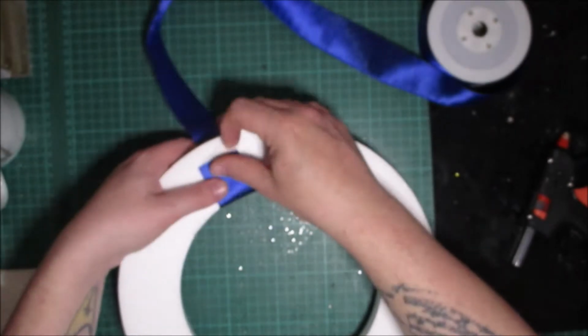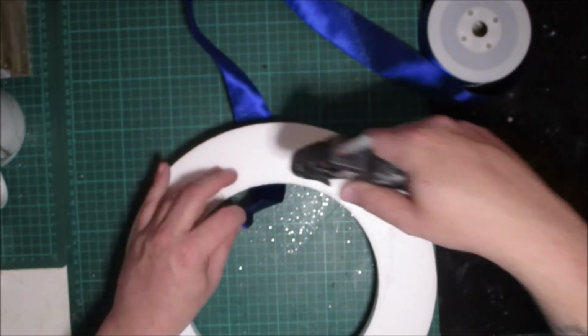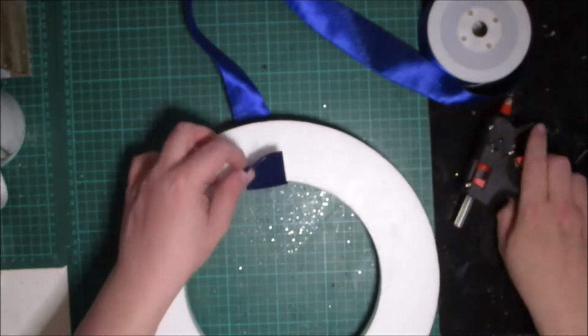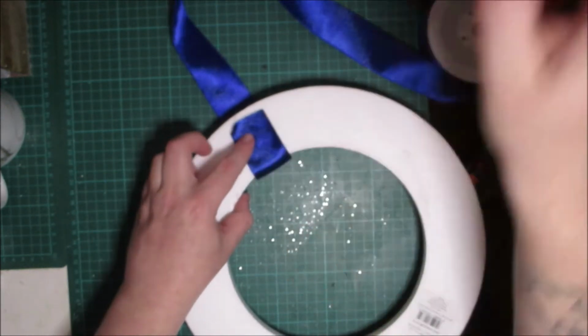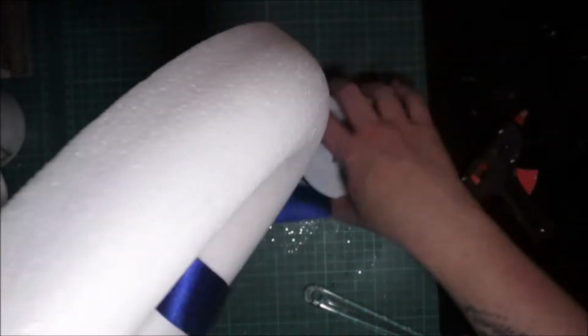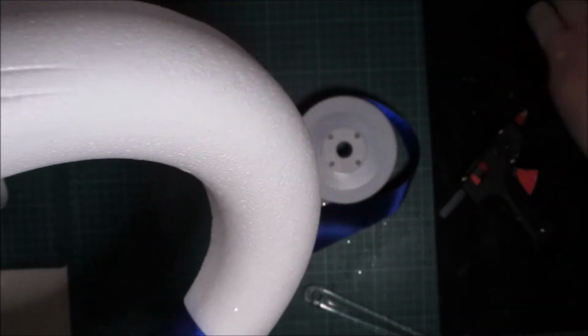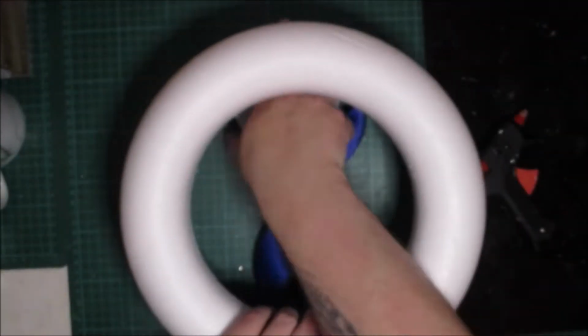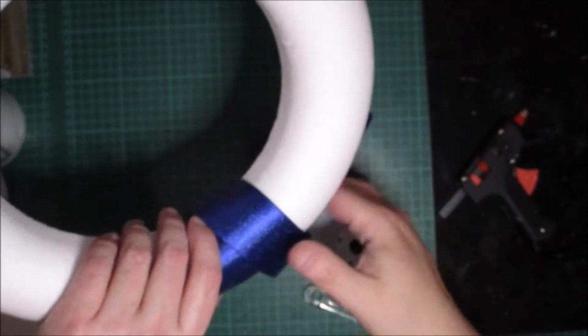hot glue this ribbon onto the wreath form, making sure to use a spatula because obviously hot glue is hot for a reason and we don't want to be burning ourselves. Now I'm going to cover this wreath form